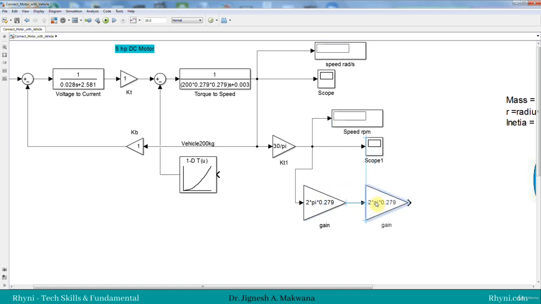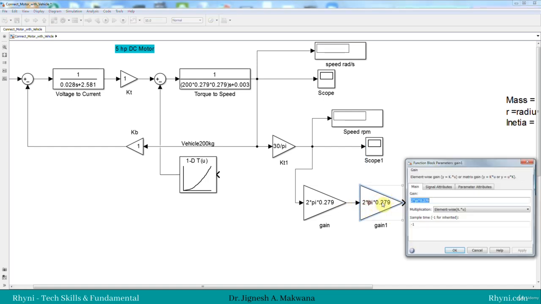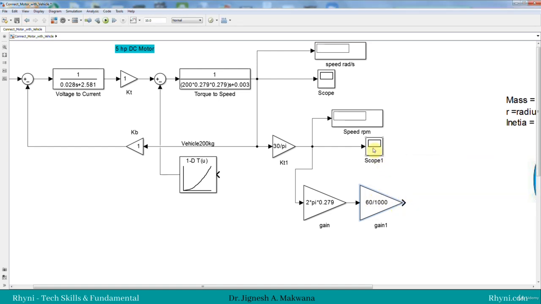So we will add one more gain block to have kilometer per hour. What will we do to convert from meter per minute to kilometer per hour? We need to multiply by 60 to convert to hour, and from meter to kilometer, divide by 1000, since 1 kilometer is equal to 1000 meter. So this is what we get, and I am using one more display block here to show it, and this speed is in